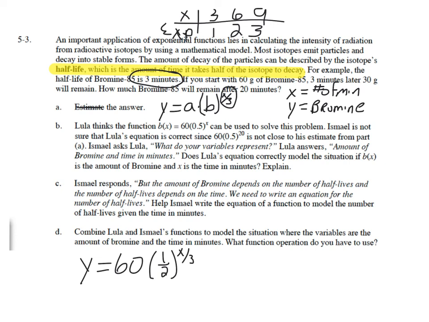So if we have 20 minutes that has transpired, I'm going to take 60 times 1/2 raised to the 20 over 3, which comes out to be